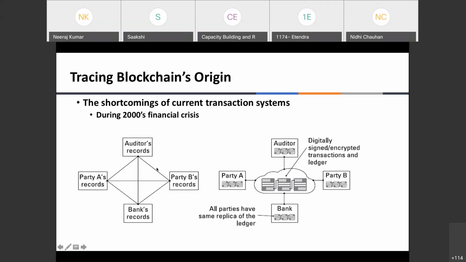So from this traditional architecture, which consists of a centralized repository where we have to maintain the information, if there is some shortcoming or some sort of failure, we are slowly moving towards this distributed scenario where we have the same replica of ledgers at different locations, and from these different locations we can check the fault tolerance,